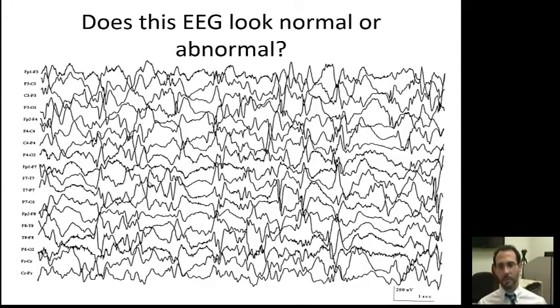This is an example of a type of seizure, and basically it's completely disrupted. It doesn't look anything at all like the previous slide, and you can see pretty much the electrical activity is completely disrupted. Like I said, if you take this page and flip it over 180 degrees, it's pretty much going to look the same, considering that it's so distorted.